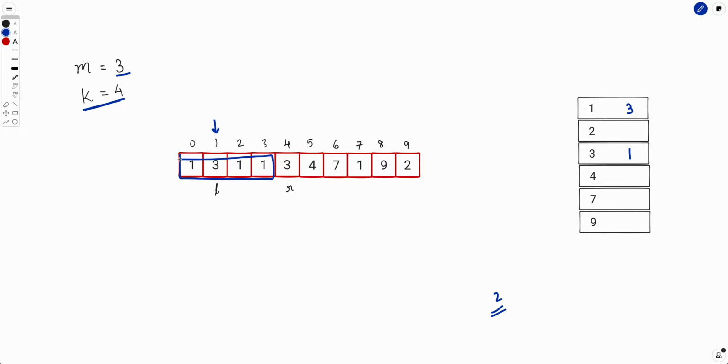Now we want to remove the contribution of 0. How will you do that? Simply decrease the frequency of 1. So if you decrease the frequency of 1, this will become 2, right? Now if you decrease the frequency, does the distinct element count decrease? The answer here is no, because